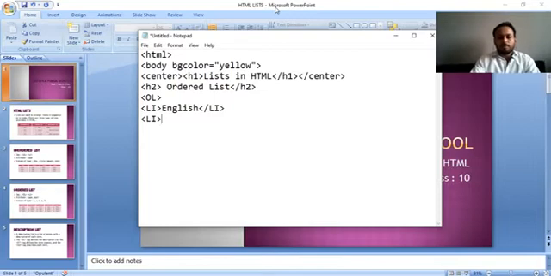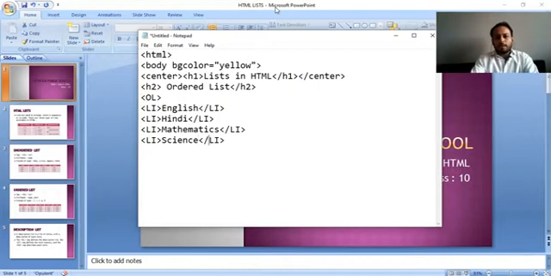I just copy that and paste. I have written four subject names here. Later on, just close the body and close the HTML.